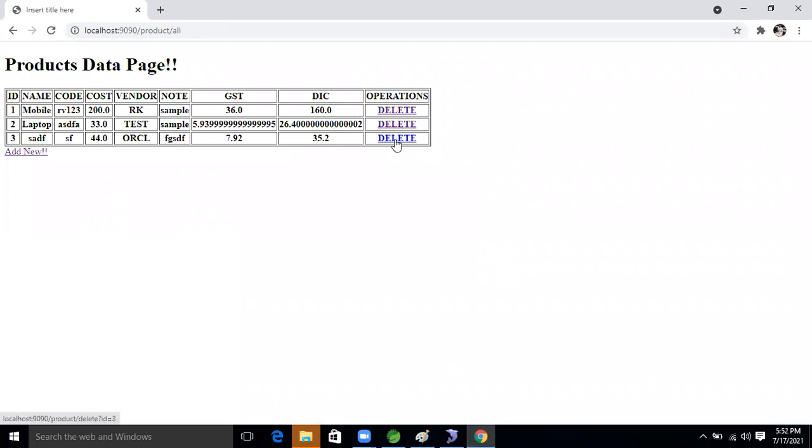Here the delete button has been added, right? Yes, Ravi, it's reflecting. Whenever we click on the delete button, URL rewriting means it will add the ID, and based on the ID only we will delete the record, 190. If we want to delete this record, we can do it only based on the ID, right? Yes, correct, Ravi.